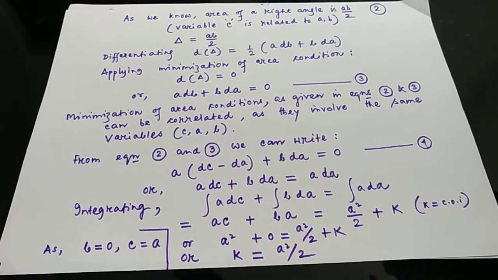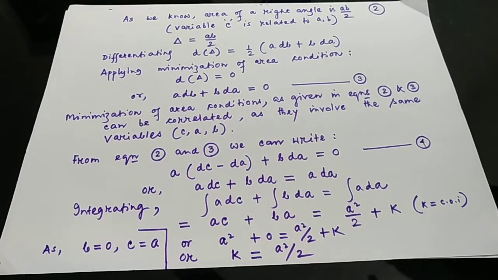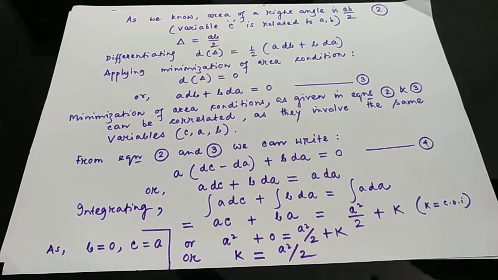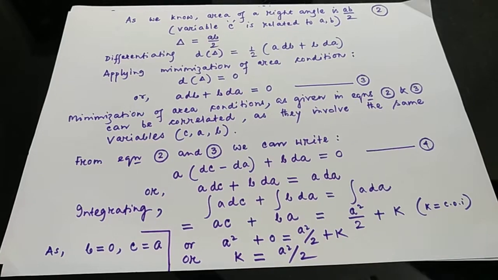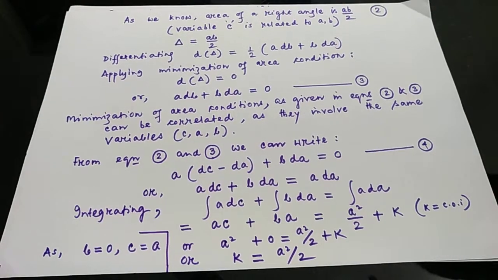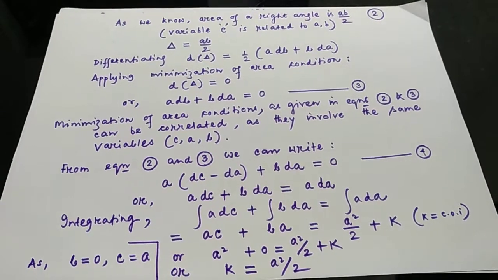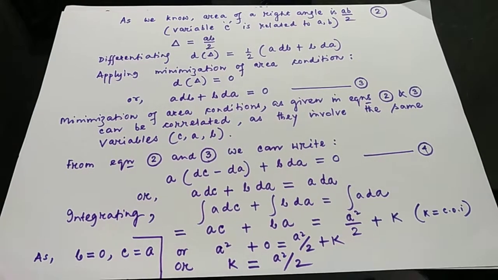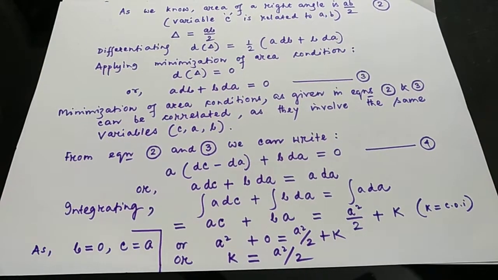So now we make an important conclusion that the right angle triangle area minimization condition, as shown in equation 3, must be or can be correlated with the precondition shown in slide 1, as they involve the same variables A, B and C. So from equation 2 and 3 we can write, I will not read out, it's like that: a dc minus dA plus b dA, and slowly we move on to the later steps